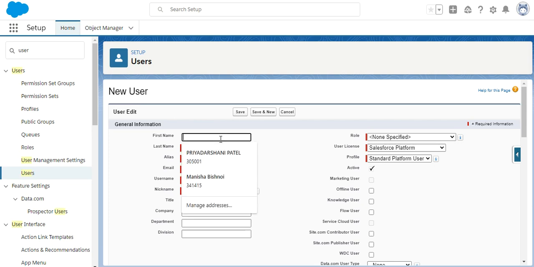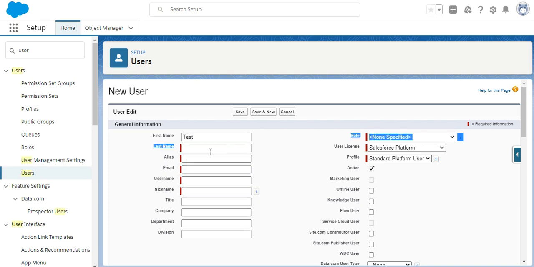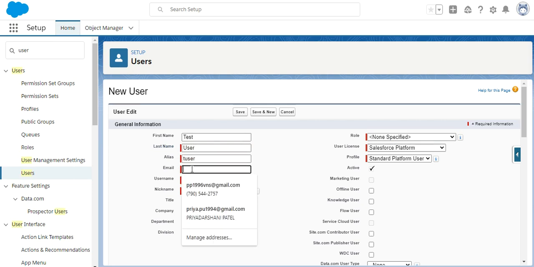For creating a user, we first have to give a first name. Let's give the name Test, and last name User. For Alias, it automatically populates the alias. You can see T user is the alias, and I have to fill in the email address.